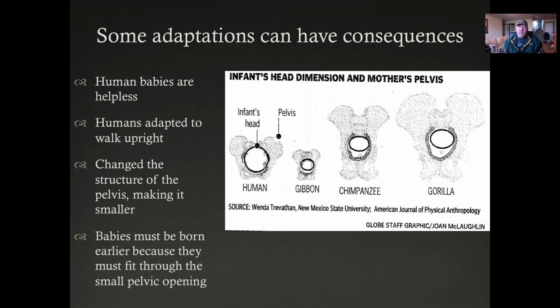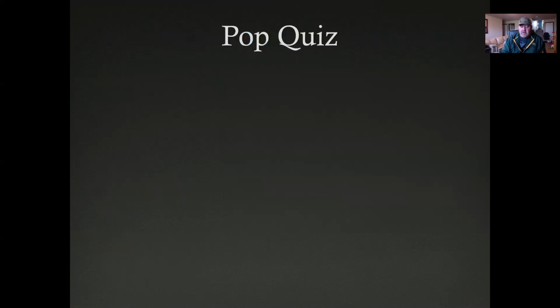Okay, so when we think about babies, the adaptation for being able to walk upright was a very good adaptation for human beings, but it came with some consequences. Babies had to be born earlier in development, and therefore are more helpless than they would be. Say a baby chimpanzee can come out of the womb and not live on its own, but it is much more self-sufficient. Whereas a human baby, essentially, if you don't do anything for that baby, it's going to die within a few days.